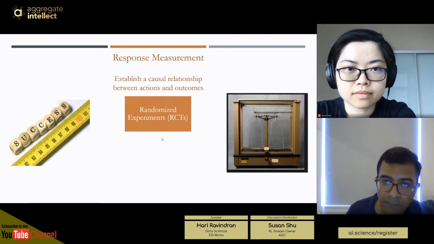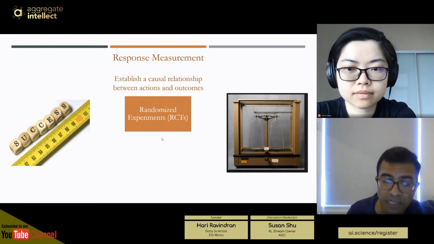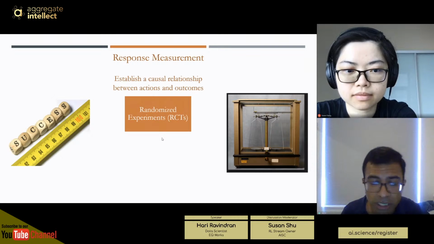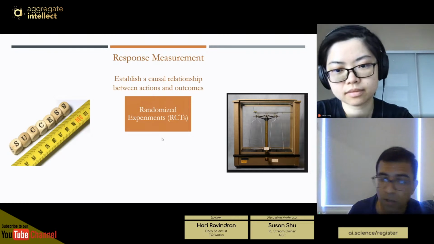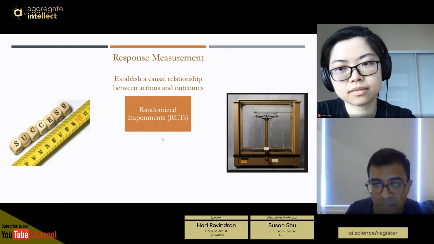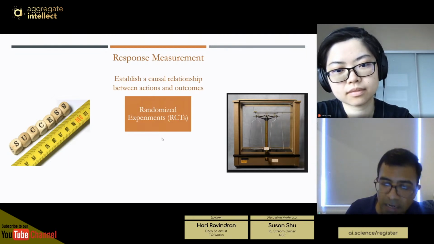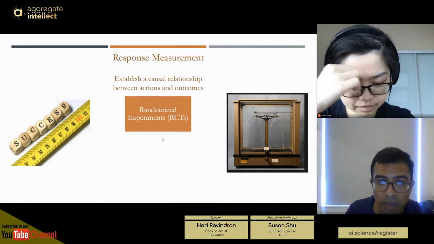Because how effective your campaign was will in turn let you know what you need to tweak insofar as your campaign is concerned. And this is where measurement comes into play. And this is, again, a field. Usually when people talk about machine learning, they focus on the techniques, they focus on deep learning or other kinds of techniques. But I feel that measurement is probably the most important aspect of any kind of marketing campaign, because if your measurement is flawed, then you lose any kind of visibility into what you're actually doing with your